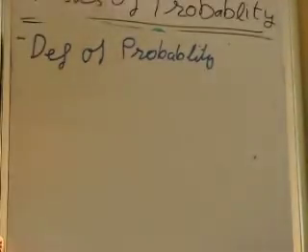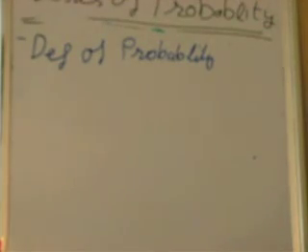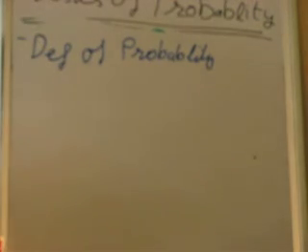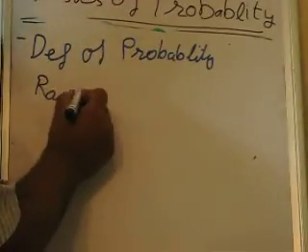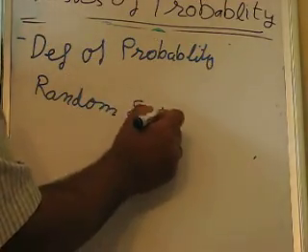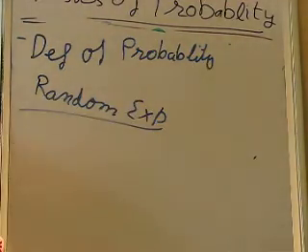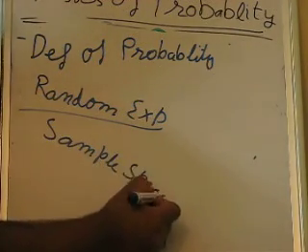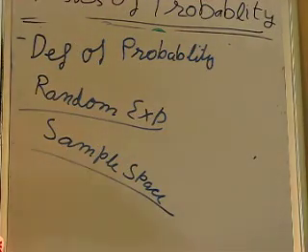Now, what is called a random experiment? Whatever phenomenon that is going to occur will have some outcome. This phenomenon is generally referred to as a random experiment. There will be some outcome of this random experiment. That outcome generally lies in a sample space. Sample space is nothing but a collection of all the possible outcomes that can occur when you perform